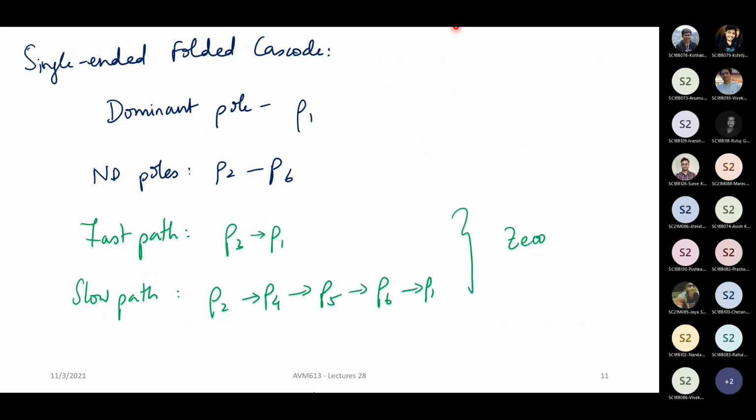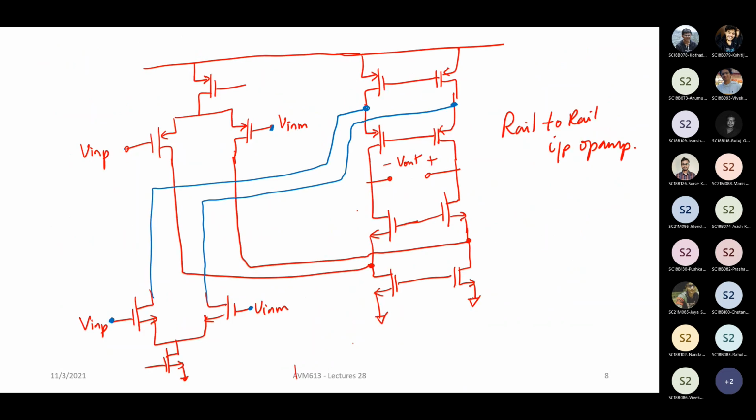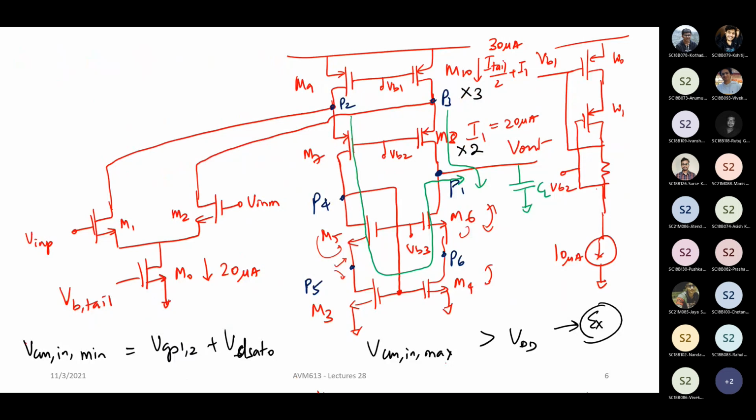All right. So similarly, the noise mechanism for this one will also be a little different, right? I mean, it will be pretty much the same thing, but the way it works is different, because the noise of M3 will get mirrored here along with M4. Of course, M5 and M6 will circulate within itself. Then you'll have noise of M9, noise of M10. The final expression will be the same, but the way you calculate will be slightly different.